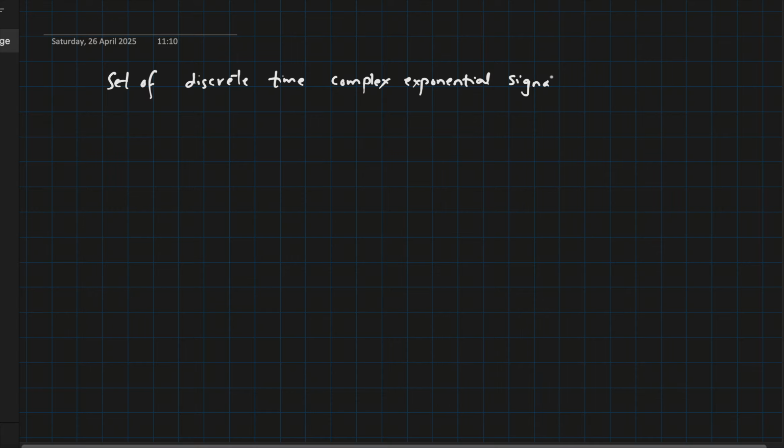Now we are going to find the set of discrete time complex exponential signals that are periodic with the same period N, which is given by